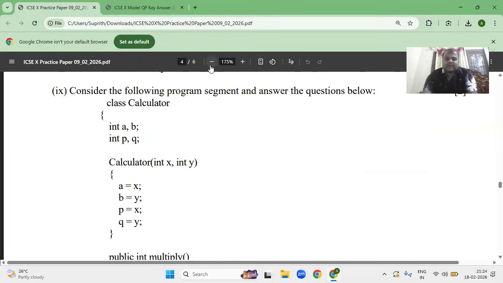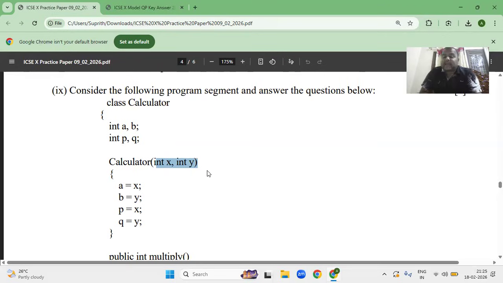Okay, now one question comes from the constructor, and what is the class name? It is given Calculator, and he has given us some variables. I have told you about variables many times. An instance variable is inside the class, outside the method. A local variable is inside the method. Then static means it is also an instance variable with the static keyword. Okay, now Calculator. So these are all the variables here. There is another question, Calculator and Calculator. So that is the constructor, right? And he has given the variables, not variables, what is it,